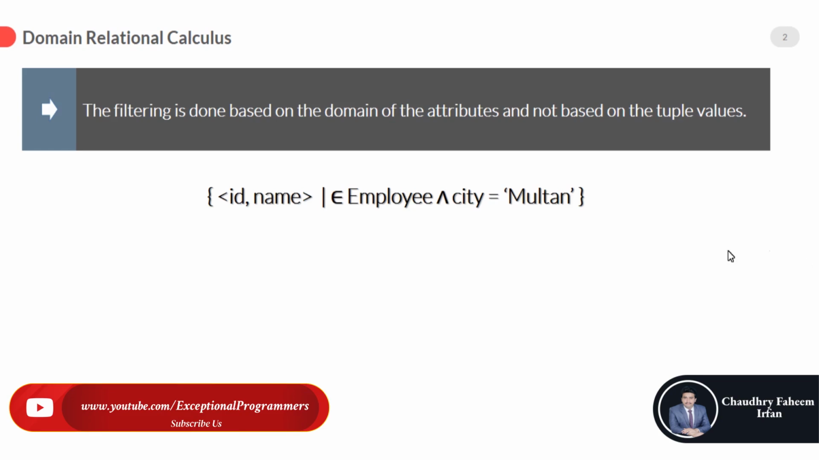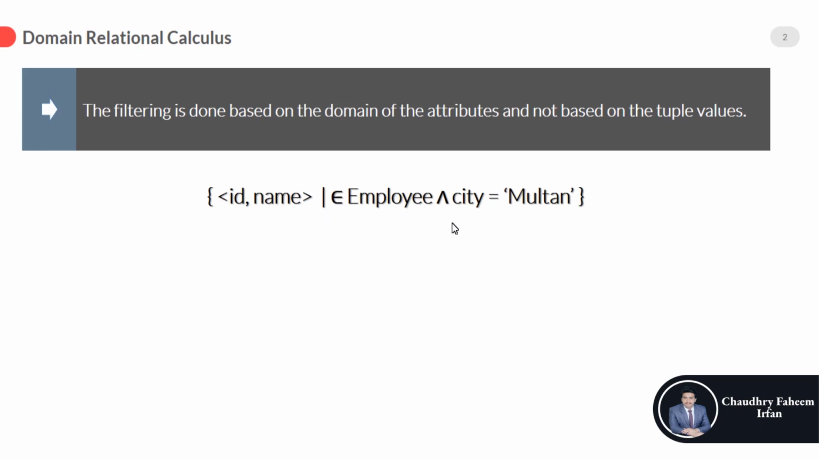Like the query, domain relational calculus is here, where id and name are the column names over the attributes such that they belong to the employee table and city is equal to Multan. So we are going to select two attributes, which are the id and name, from the employee table and city is